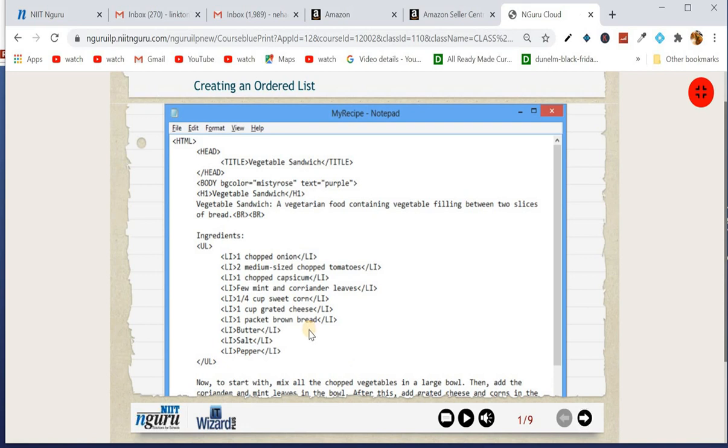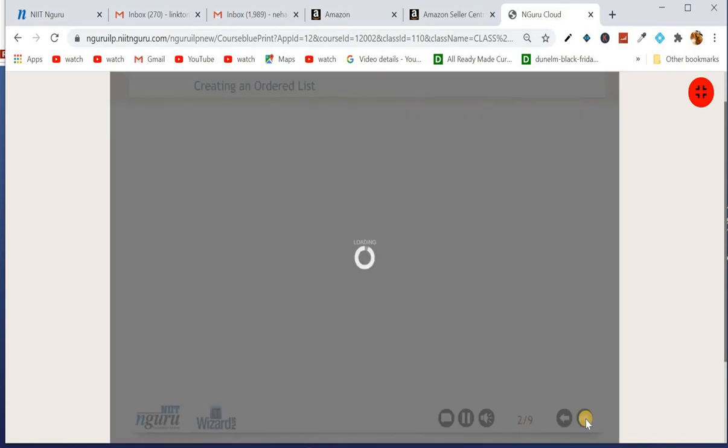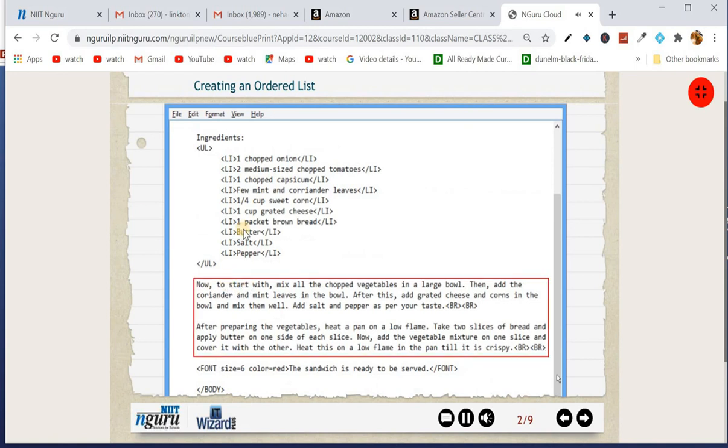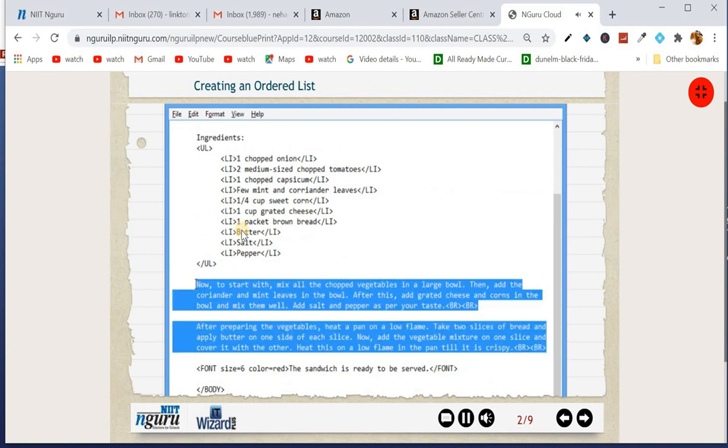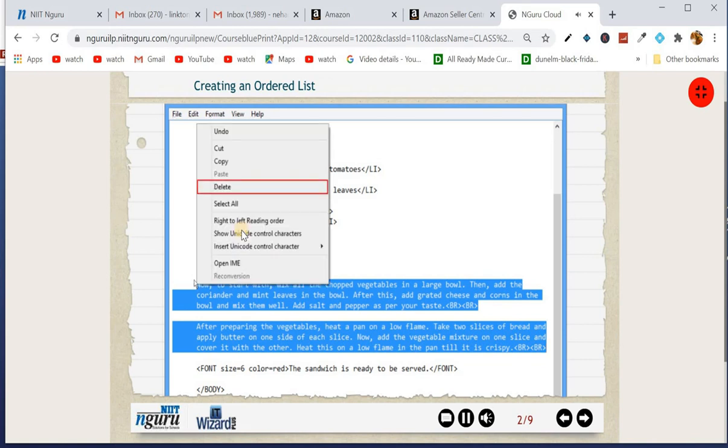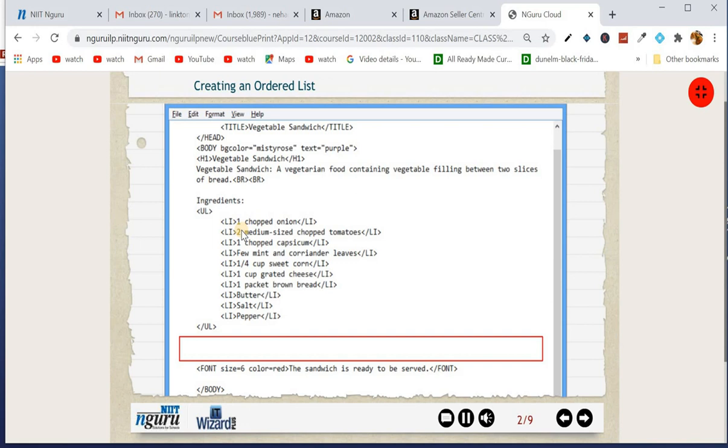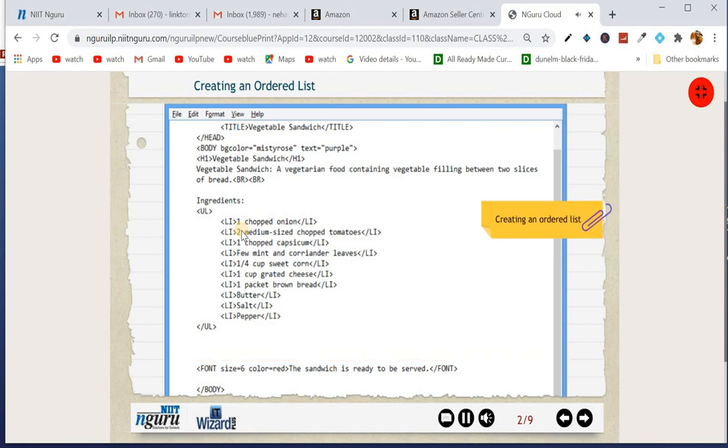So, for creating an ordered list, you have to open your file. In this file, we have an unordered list. So we will create an ordered list from this unordered list. So watch the video carefully. Delete the highlighted code that specifies the process of making the sandwich. Add the code to create an ordered list.